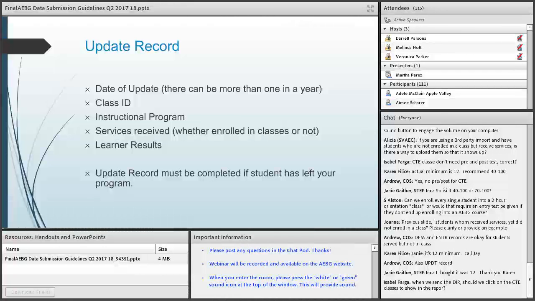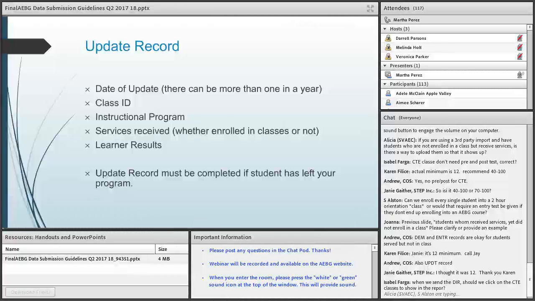All right, so for update records, we have several points in here which include the date of update, which is very important to track down those hours and that update information. The class ID is also included in this update record. Very important to be able to track those students onto their own classes, as well as the instructional program, which should be marked in the update record.